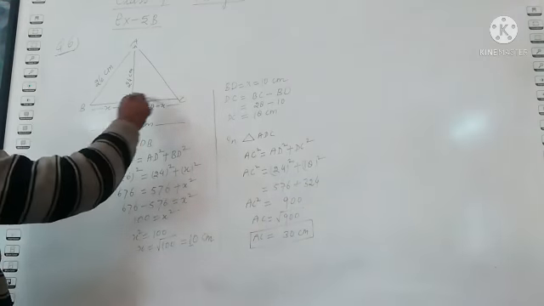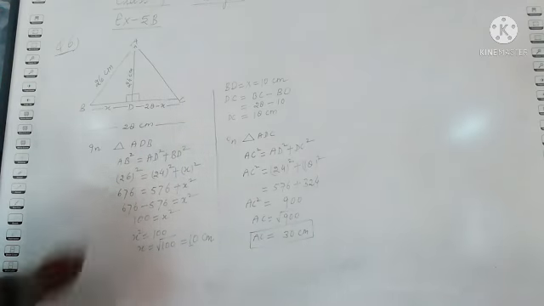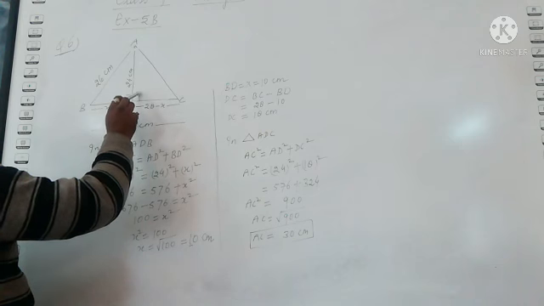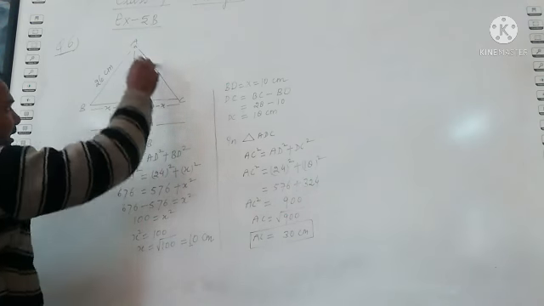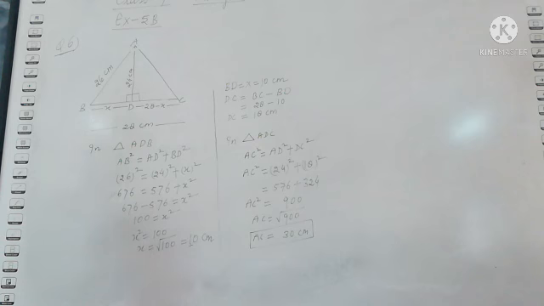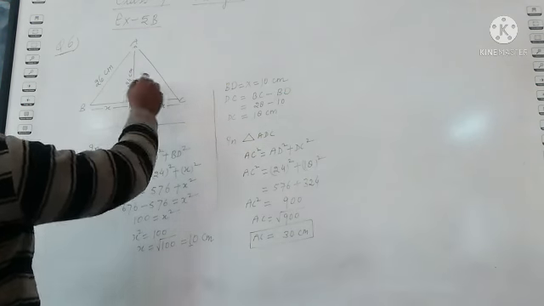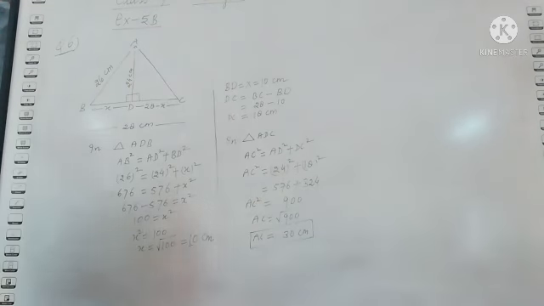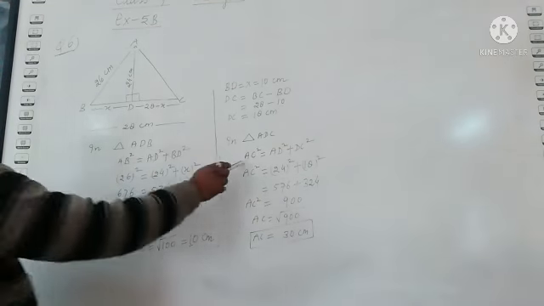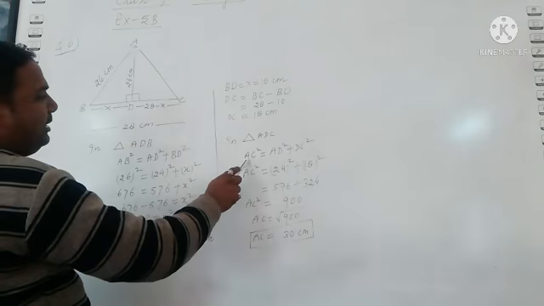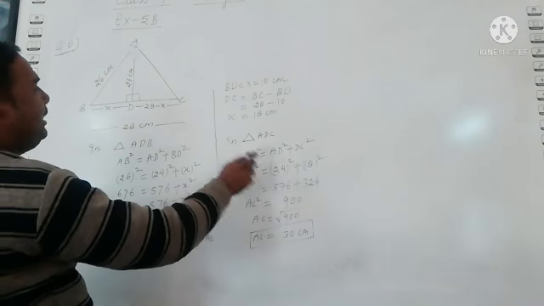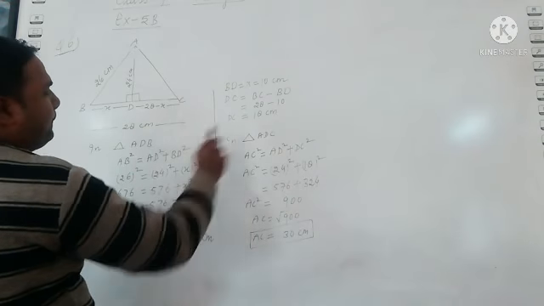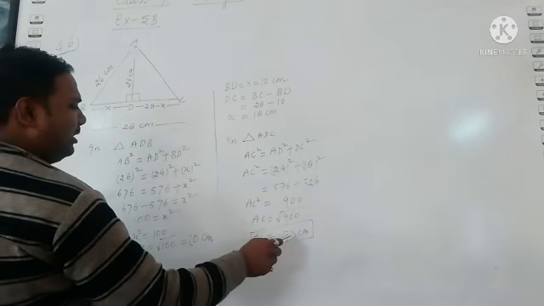Okay, now in triangle ADC, this is also a right angle triangle. So can you tell me what is the hypotenuse here? See, at point D, 90 degree is present. So in front of 90 degree, AC is present. So AC is called the hypotenuse here. Again in this triangle we will use Pythagoras theorem. So AC square equals AD square plus DC square. AC square we don't know the value. AD we know is 24 and DC is 18. Now after calculation we got AC equals 30 centimeters.